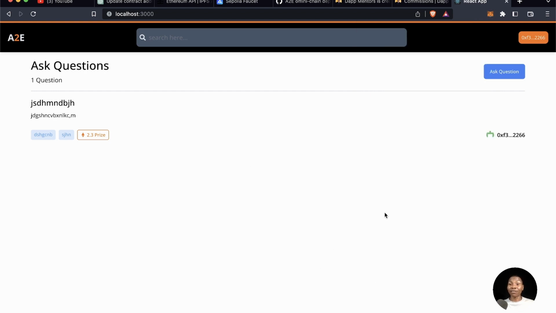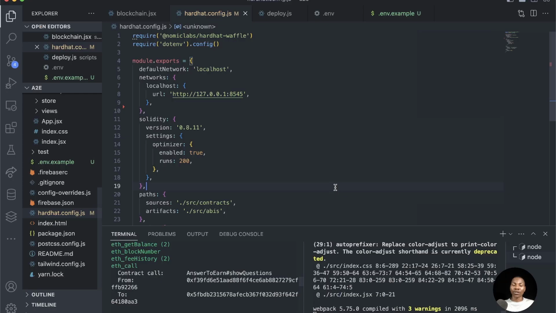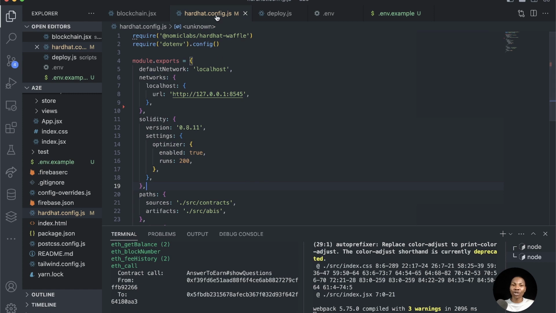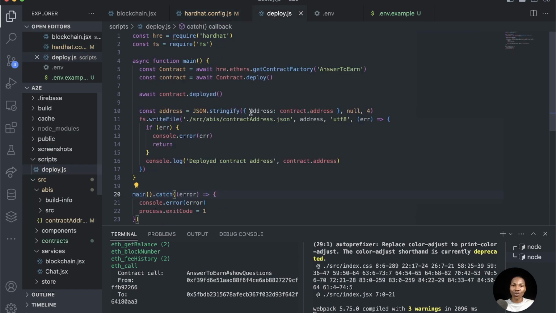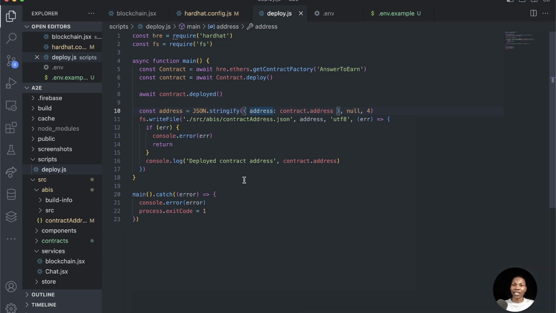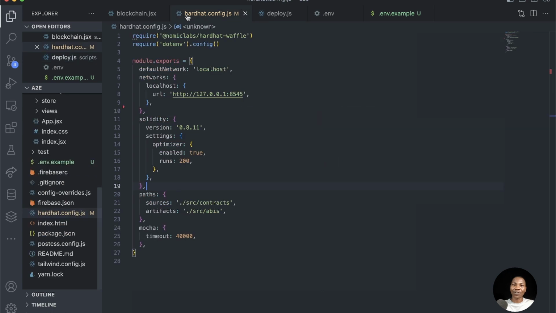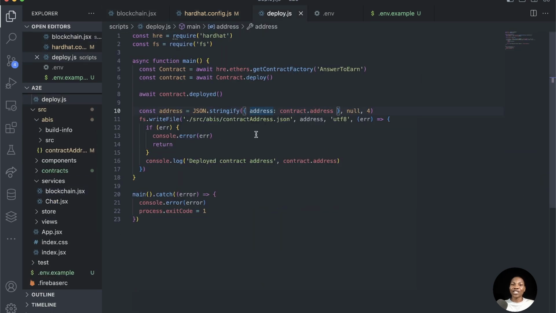Okay, different questions that people can interact with from any platform that they want. So now let us come here and tweak this deployment script. We're going to tweak this Hardhat config. We're going to tweak this deployment script, and let me do that. And then we're going to tweak these 3 files. We're going to tweak them little by little so that it will enable us to make this sort of deployment